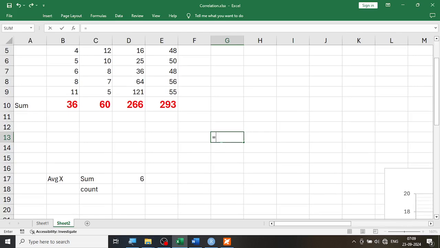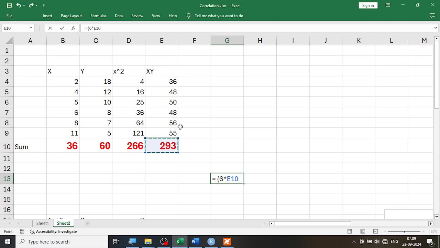So let me do that. Put it here, 6 into summation xy, that is summation xy. I will not show it again. Minus summation x, that is 36, into 60, that is the summation y. Let me remove this bracket because BODMAS will anyhow take care of this, divided by